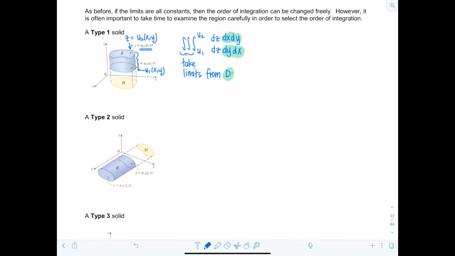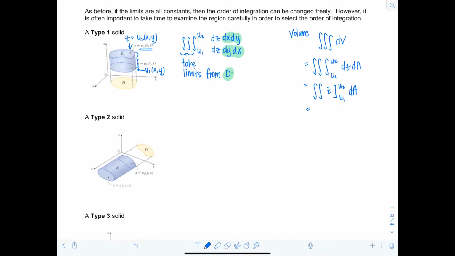All right, and then if you take a little closer look, so you have a triple integral of just dV, what do you think this would give you? It gives you a volume. And if we take a look at how we set it up for this type 1 solid, you would have double integral of u2, u1, dz, and then dx dy or dy dx I'll just represent with dA. And then if I anti-differentiate here with respect to z, I'm just going to have z evaluated from u1 to u2